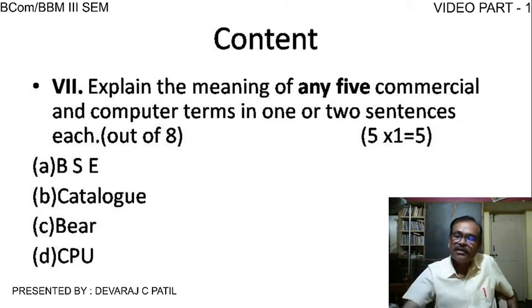So this is the question paper pattern, and this is how you have to make a plan to solve the question paper in the examination. And before the examination you will have to solve some question papers at home, and wherever you find doubts you will contact your teachers and get them clarified.